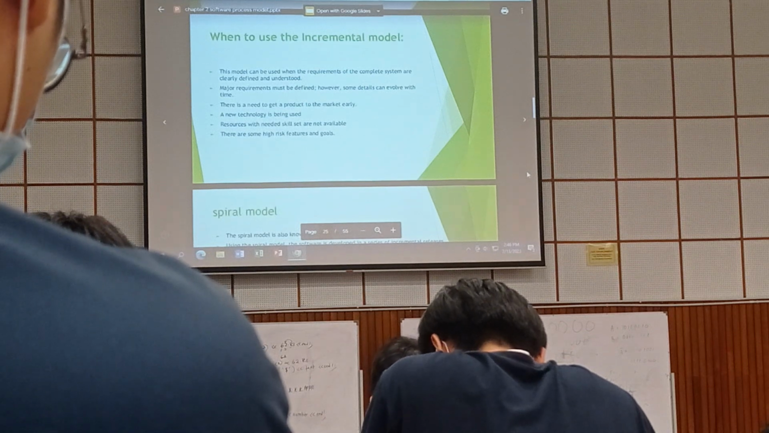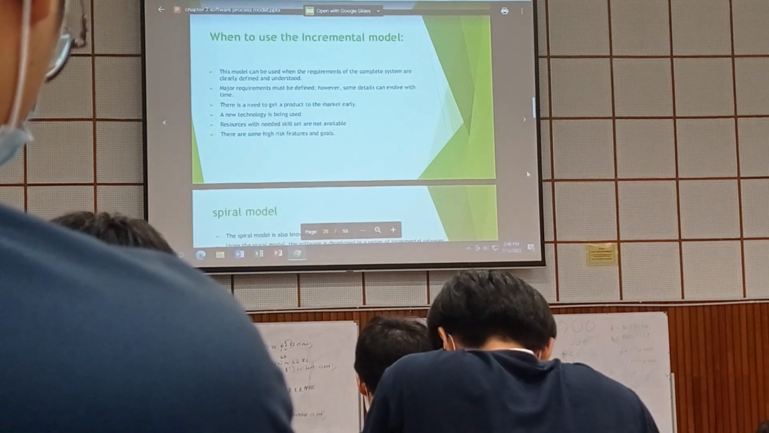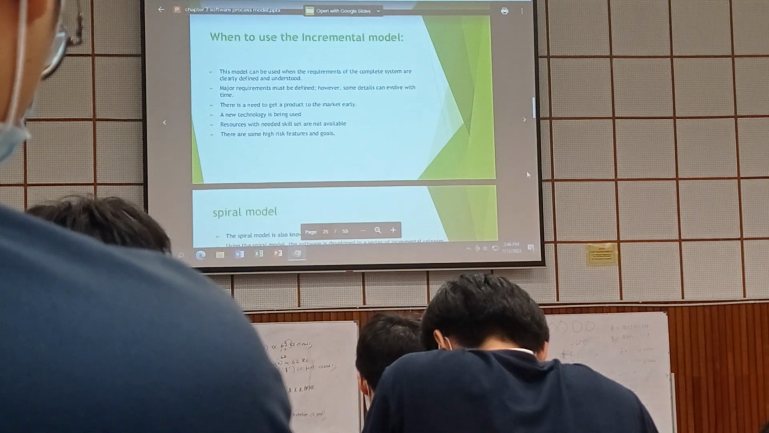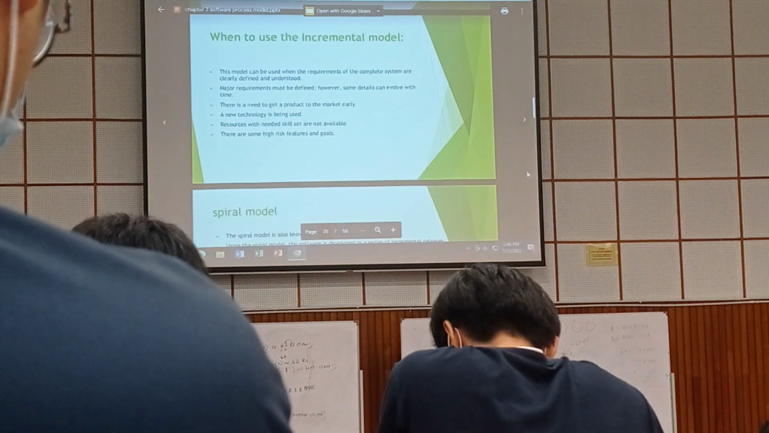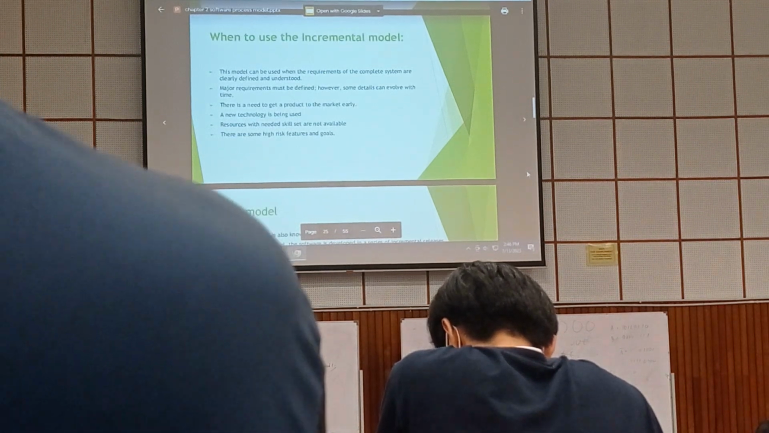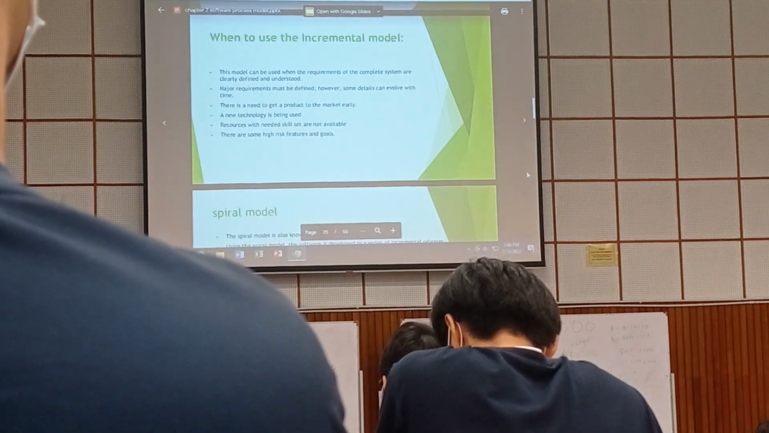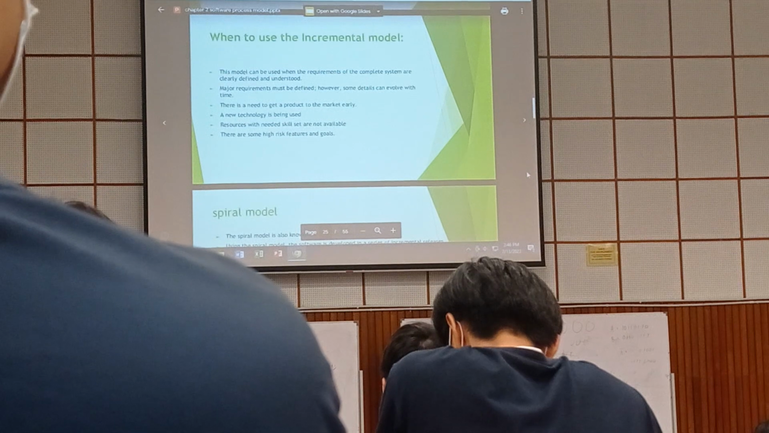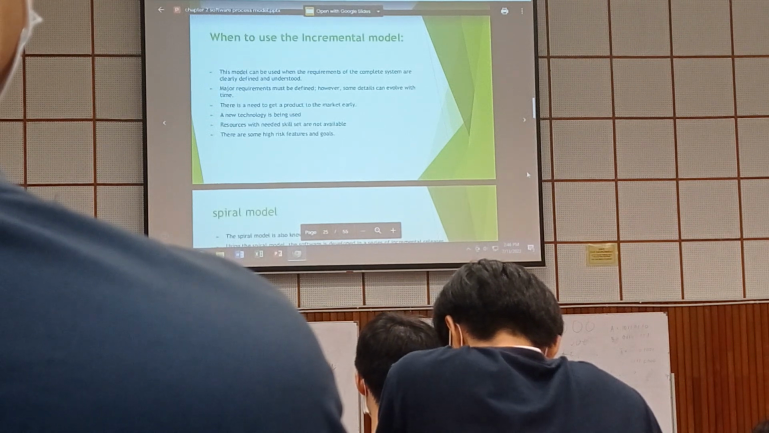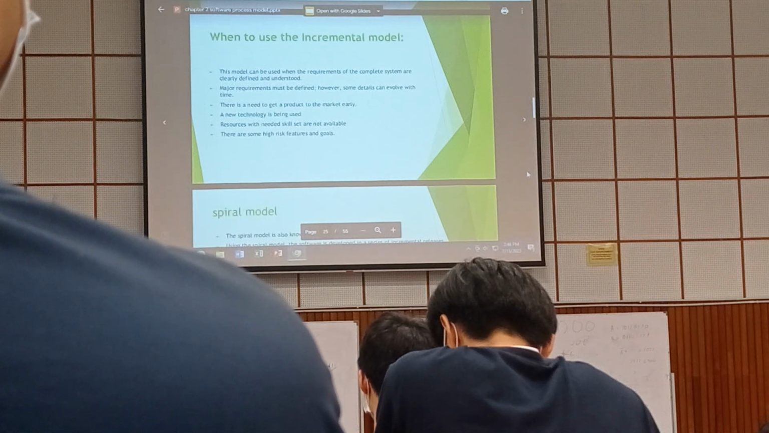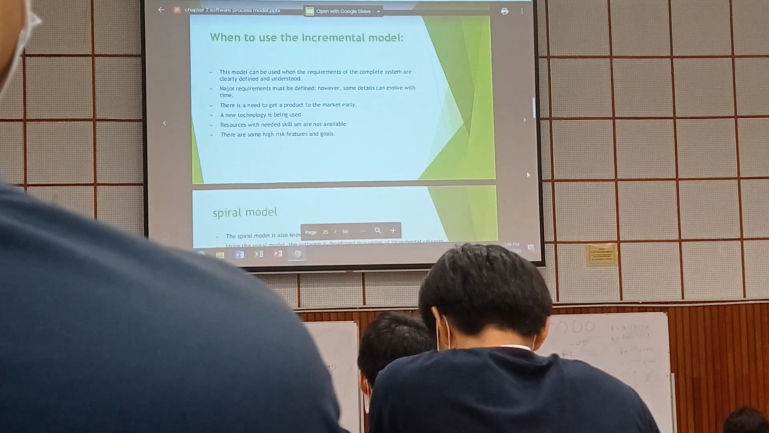The customer who comes and approaches you, the client, knows exactly what they want. They know their requirement. Once you ask what things they need, they can list out, "These are the things I need in my system." That means they know what they actually want. Then the major requirement must be defined. There is a need to get a product to the market early. A new technology is being used. Resources are needed, skill sets are not available. There are some high risk features and goals. Resources are needed, skill sets are not available means